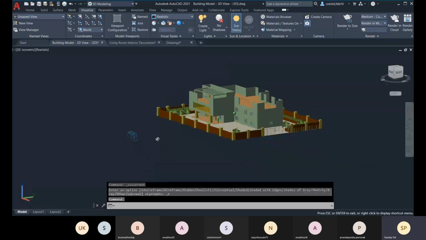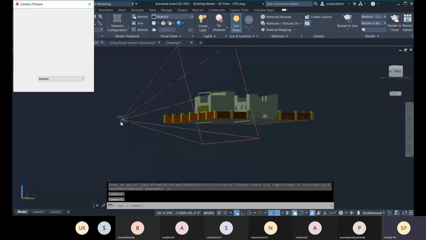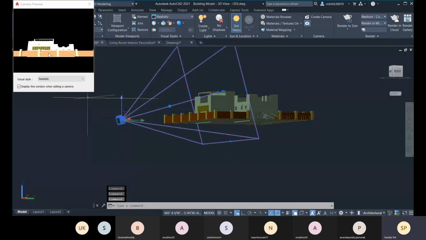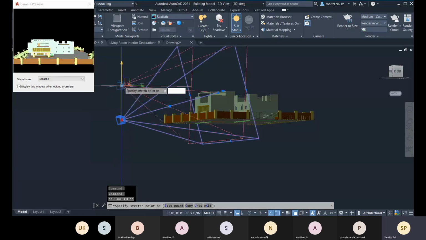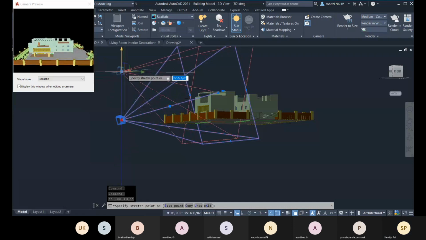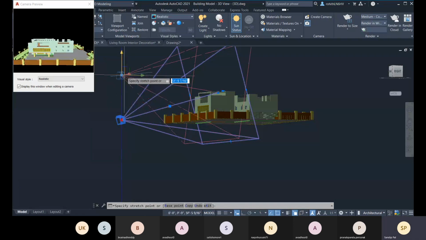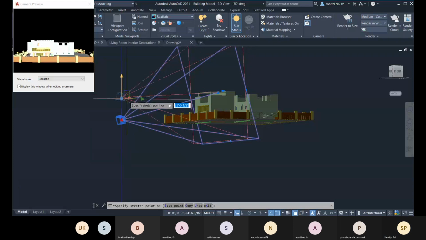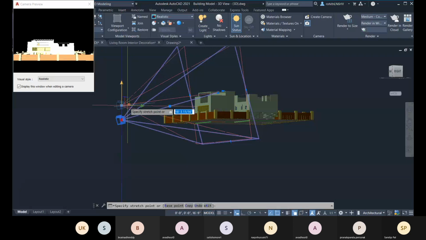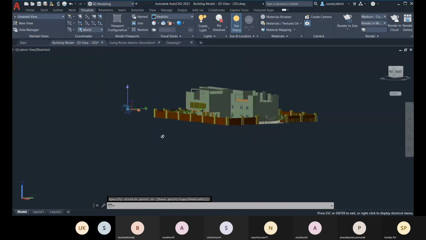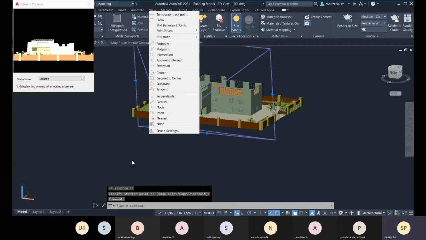Here you can see that this camera is set right now, but the camera position is not proper. You can change the camera position, and as per that, you will have your view. So let me change the camera position there.